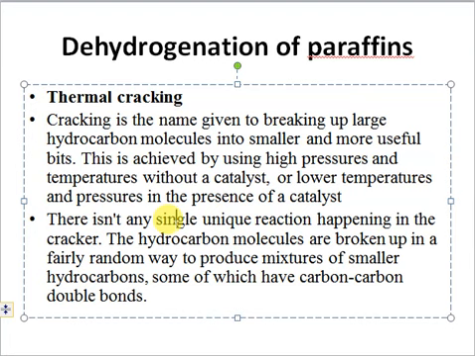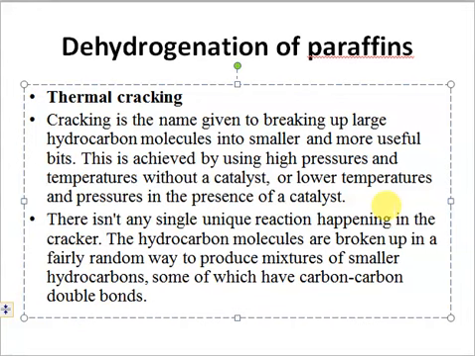Okay, so thermal cracking is a very common method. It's a very old method, and it's still being used. Normally this method is used in petroleum cracking, right? Cracking is given the name, which means to break up large hydrocarbons into smaller hydrocarbons, and the smaller hydrocarbons that are obtained